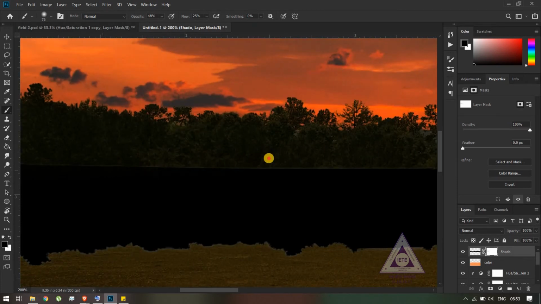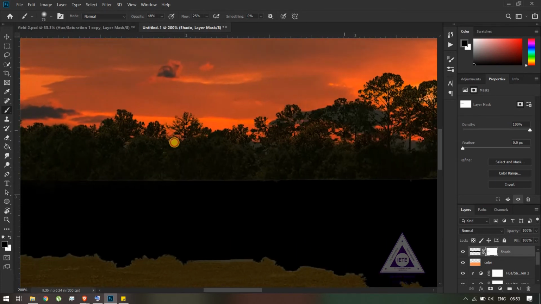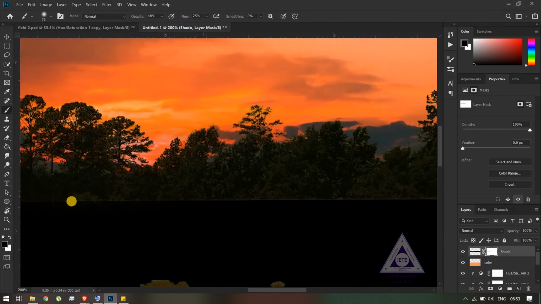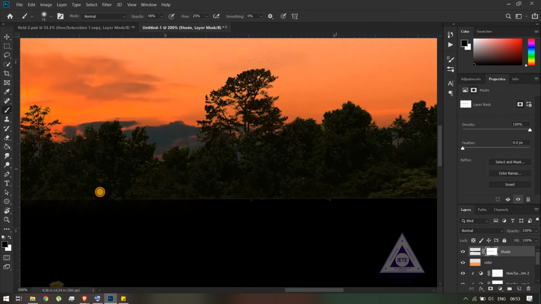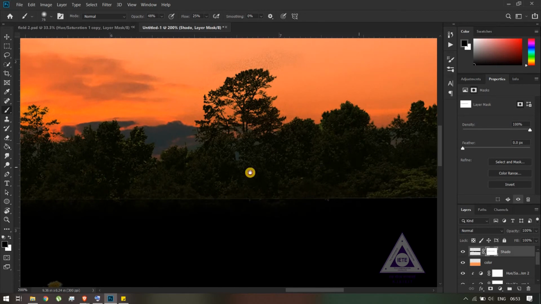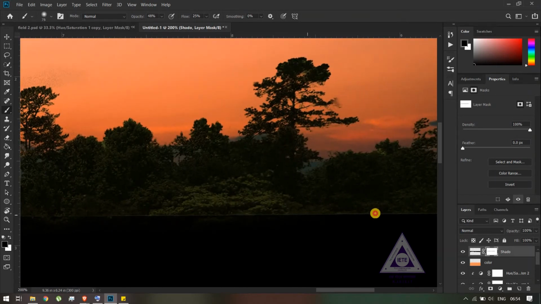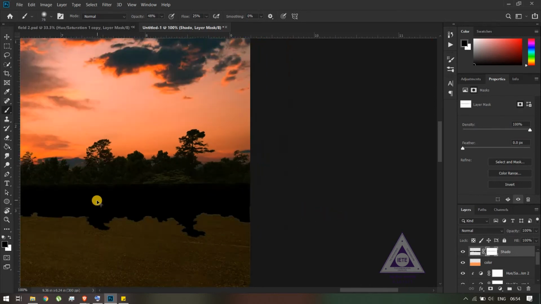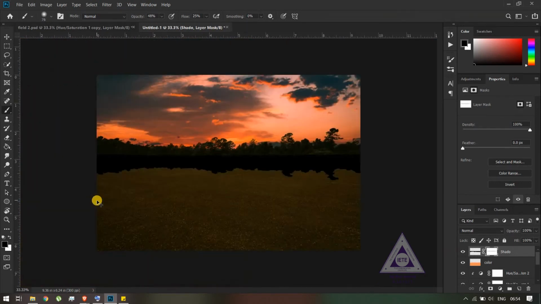The change is very subtle, so you won't notice it, but in the final image you will see that it will give it a better look. And using Control minus I'll be zooming out. Now you can see that the shadow is too sharp, so to give it a blurry effect